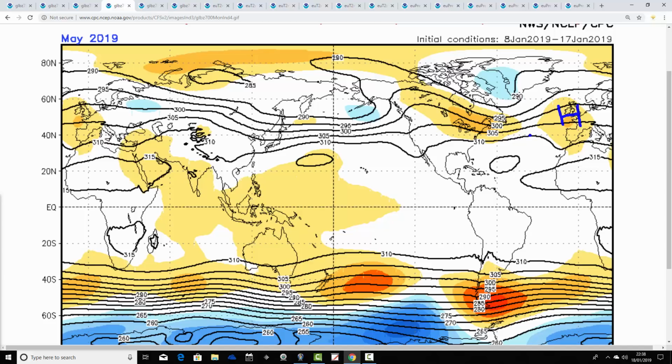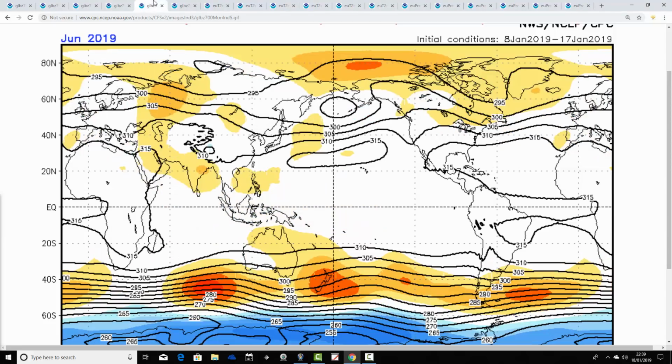That looks quite nice, really. If that came off, you'd expect a fairly nice May with the flow and the jet doing something like that. A good deal of dry and relatively warm weather possible in May. June is looking like this, with blocking re-emerging in June, so that's not normally a very good signal really